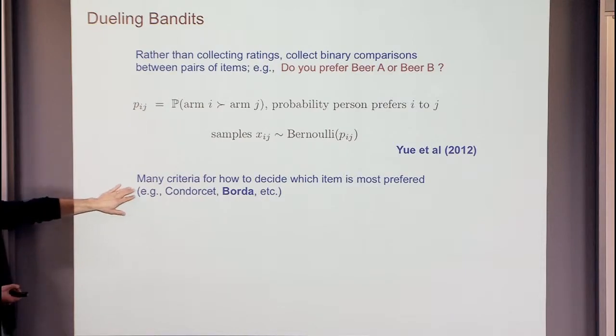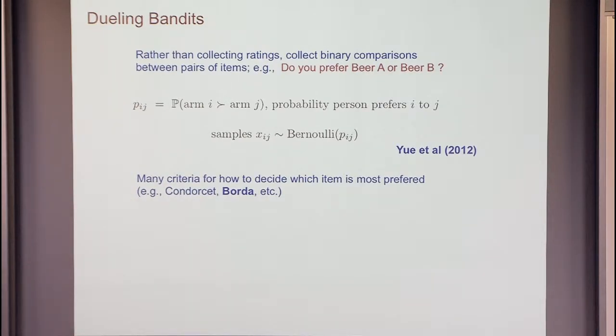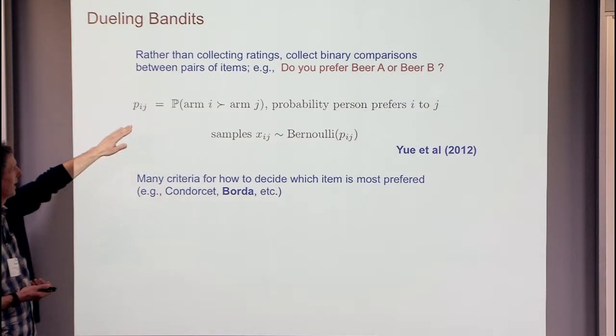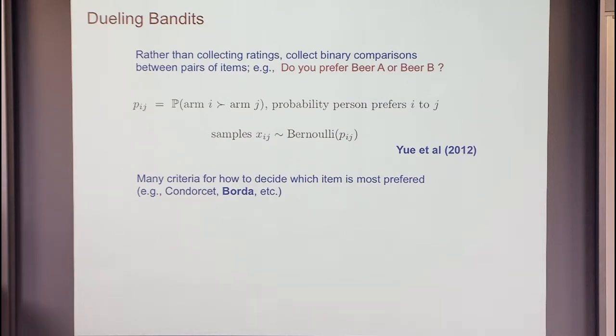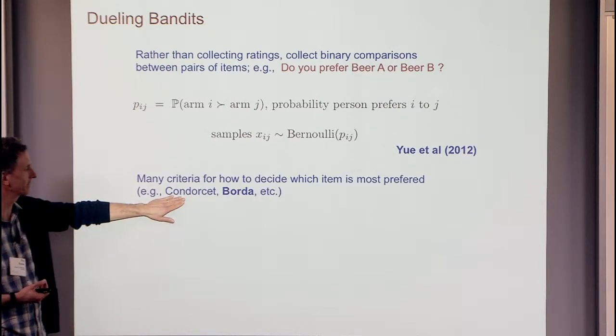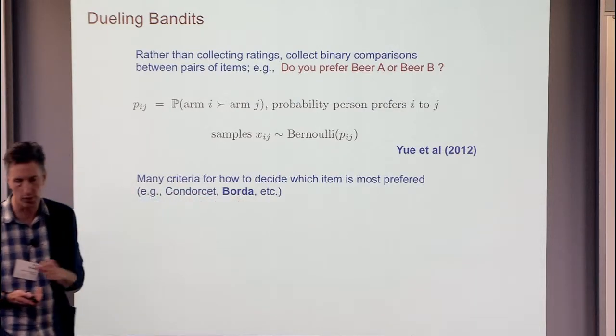Now, things get a little trickier here. In this case, there isn't a clear way to say what you mean by the winner, and so there are a lot of different criteria. There's a Condorcet winner, which basically says if there's any item or arm that is probably better when compared to any other individual arm, you'd like to pick that one. That's the Condorcet winner. It generally would not exist. So that's one problem with the Condorcet criterion. It's really nice if a Condorcet winner exists, but it doesn't always exist. Another option is the Borda winner.